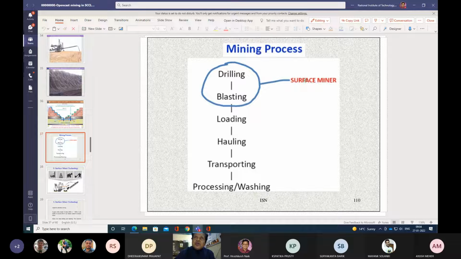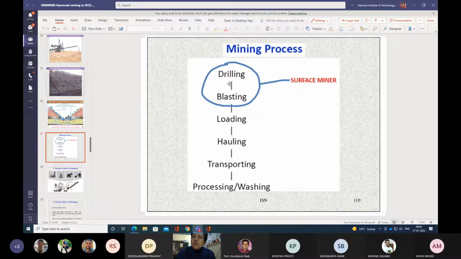So surface miner is an equipment which can cut the coal and there is no need of drilling and blasting. So that way it is an environment friendly equipment. It is an environment friendly mining machinery, continuous mining machinery,